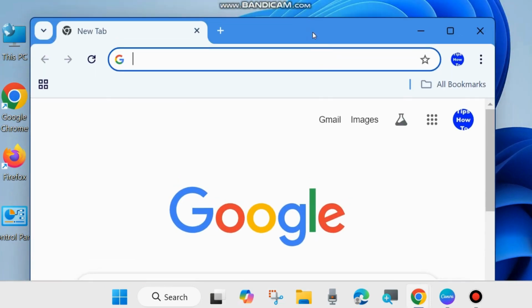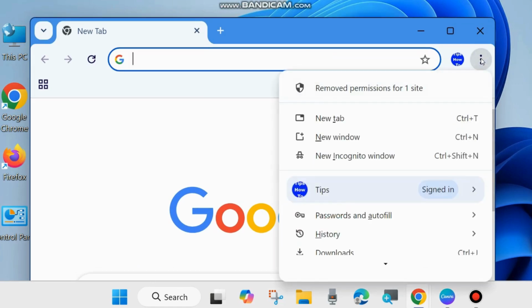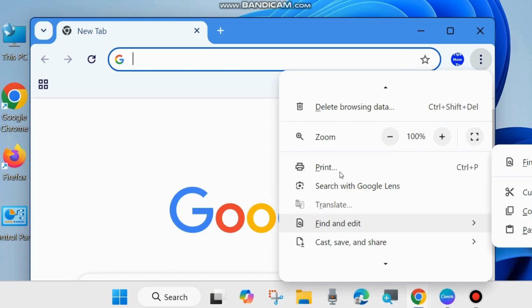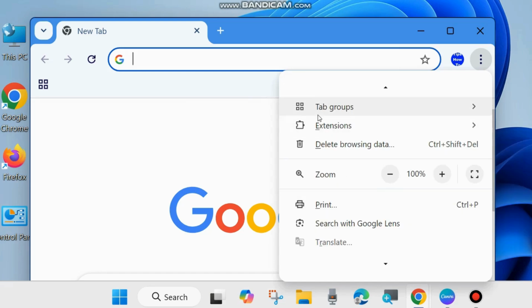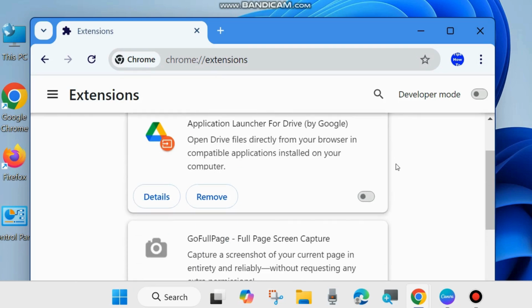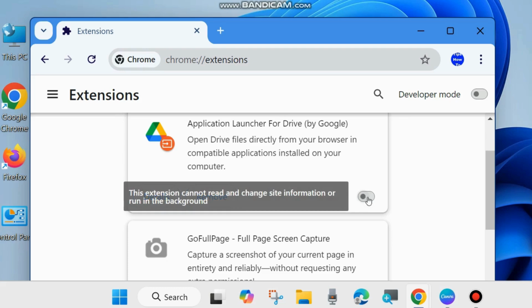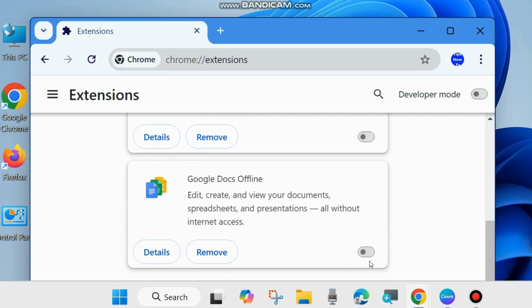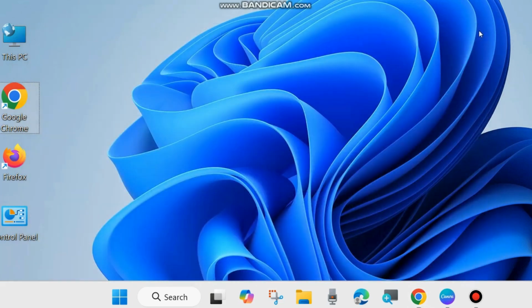The next fix is to again open Google Chrome browser, click on the three vertical dots and look for the option Extensions. If you have added any extensions to your Google Chrome browser, simply disable them one by one. Turn the toggle button off against all the extensions added to your Chrome browser. Your page unresponsive error in Chrome